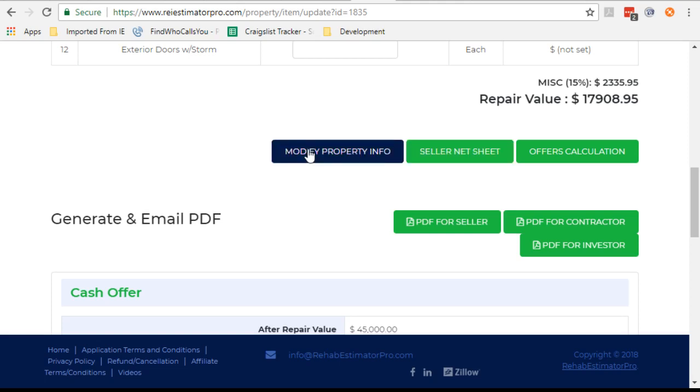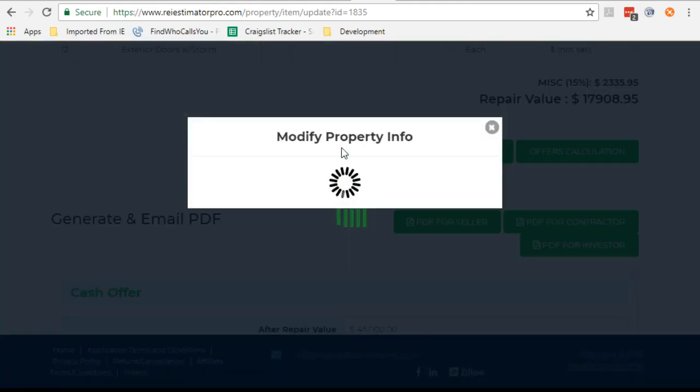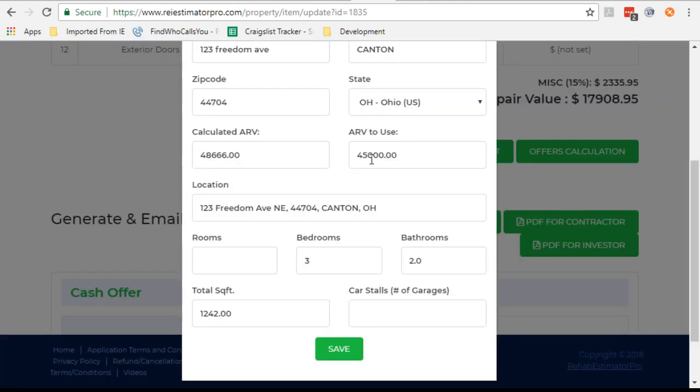And if we need to modify the property information, so we realize that the ARV that we're using isn't really 45,000, that it's 50,000, maybe the market went up, and maybe we could adjust the square footage or the number of cars in the garage. Some of these numbers are just documentation and they're not used anywhere. The square footage, the stalls, and the ARV are the three that are the most important from the standpoint of the calculations. So then we can save these,